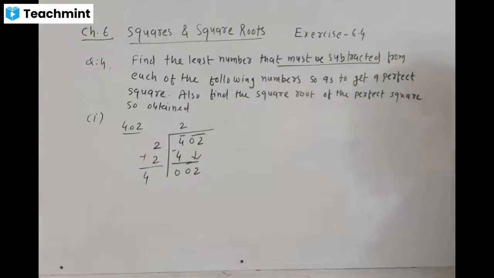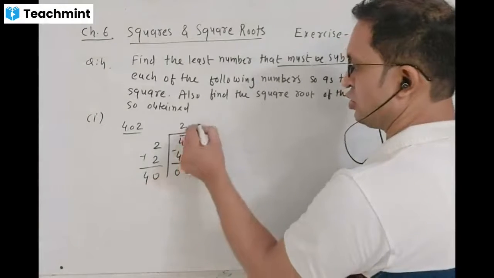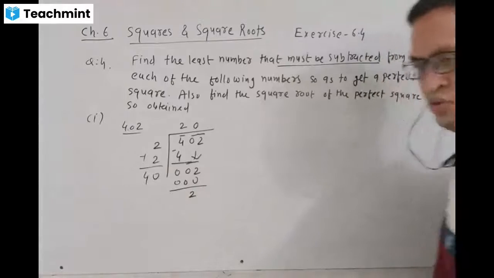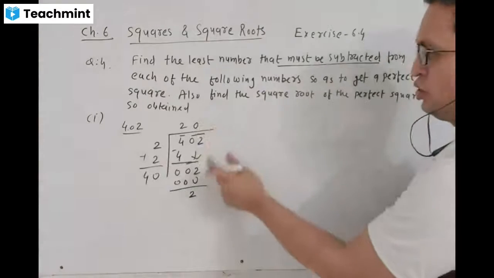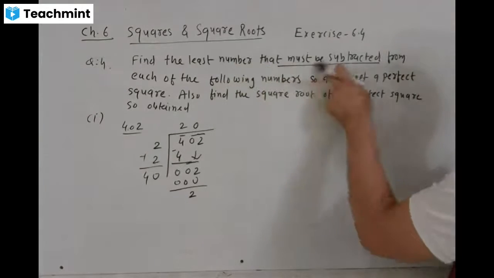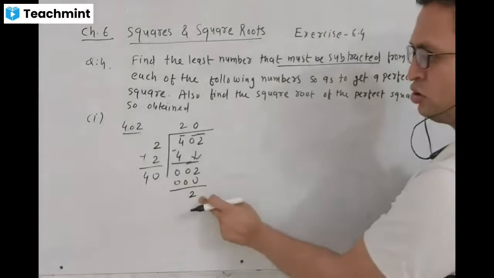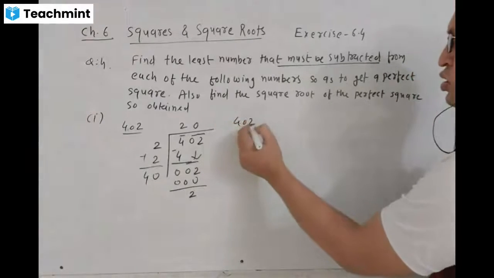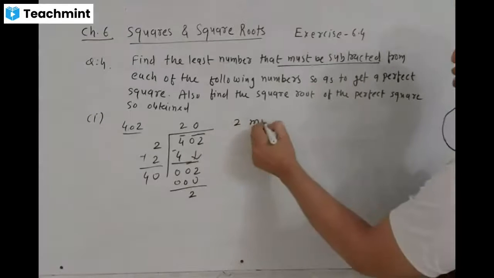तो 02 तो पॉसिबल ही नहीं है. तो 40 zeros are 0 0 0. Therefore remainder is 2. So which number must be subtracted? Which least number? Least number that we subtract. So remainder is 2. And the number is 402. Therefore 2 must be subtracted